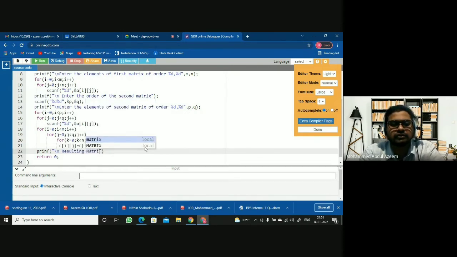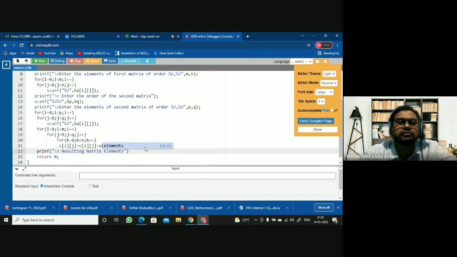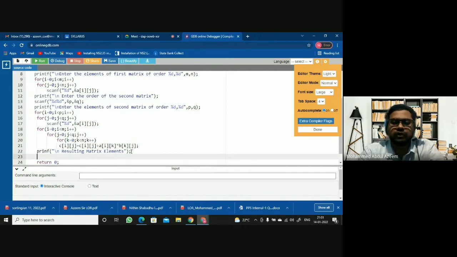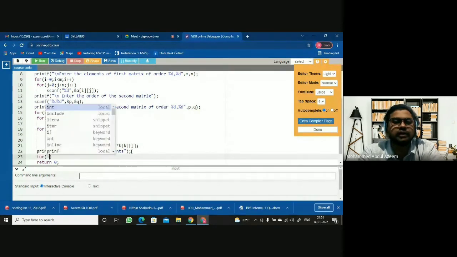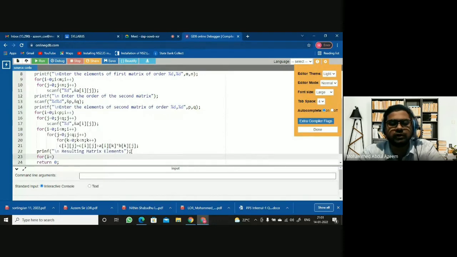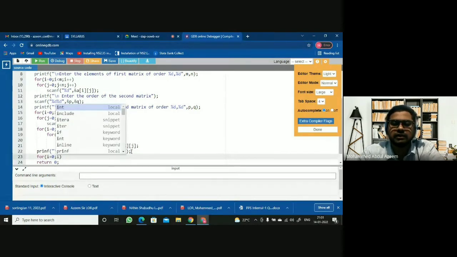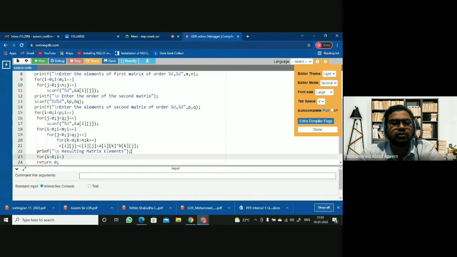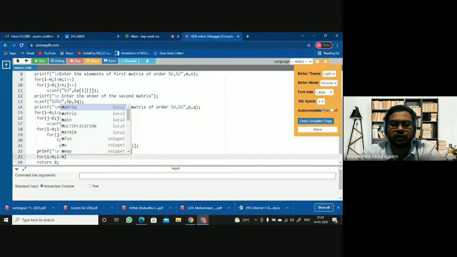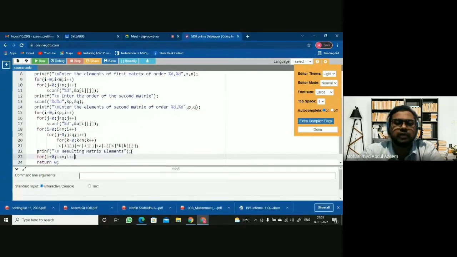Resulting matrix elements are product of two matrices, you can say, right? For I, again, how do you print? While you are printing, you will be again requiring two for loops. To do any operation on a matrix, you require two for loops, right? I equal to 0, I less than, what could be the order of it? M by q, right? So I less than m, then you say I plus plus.